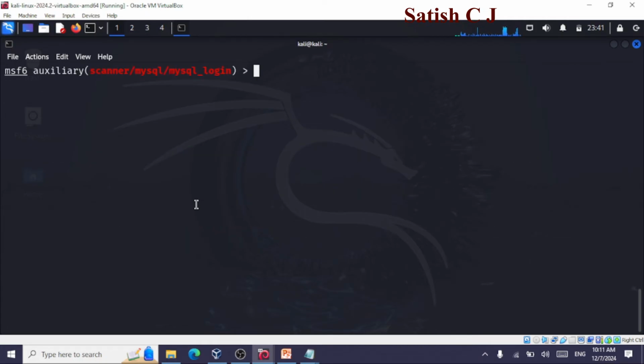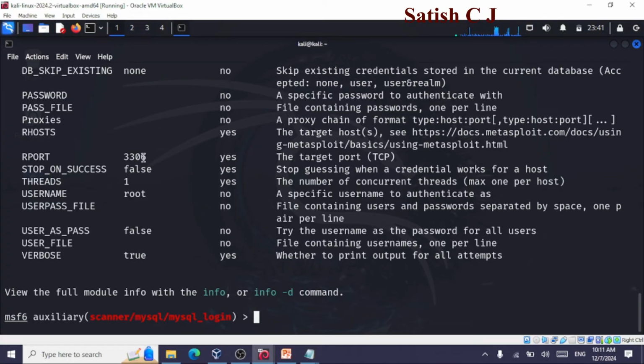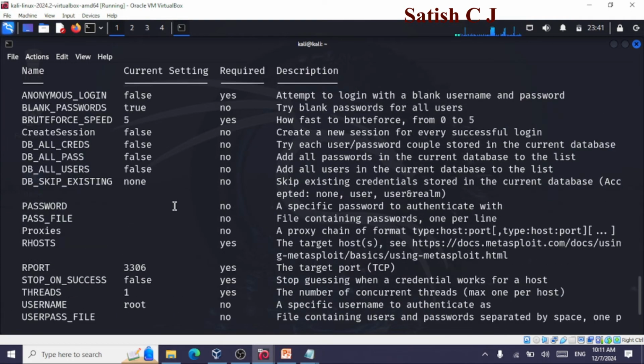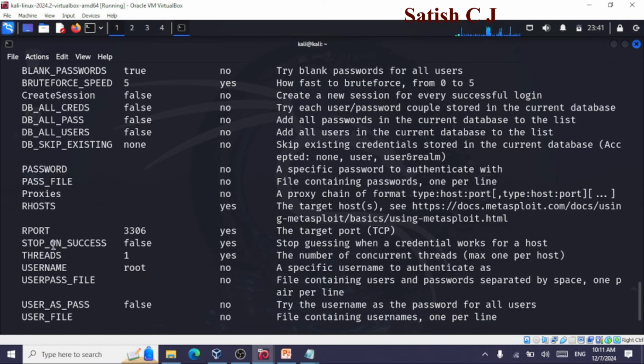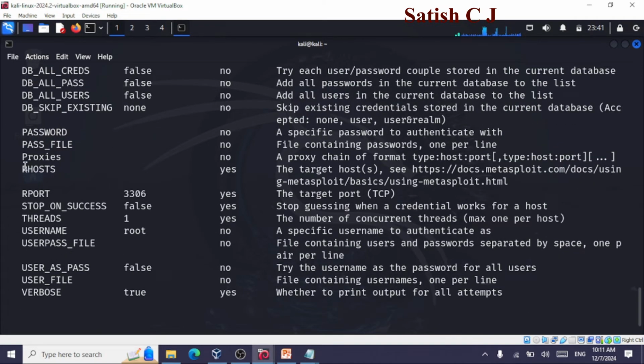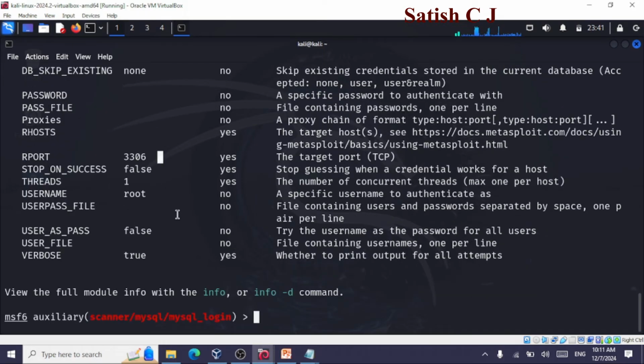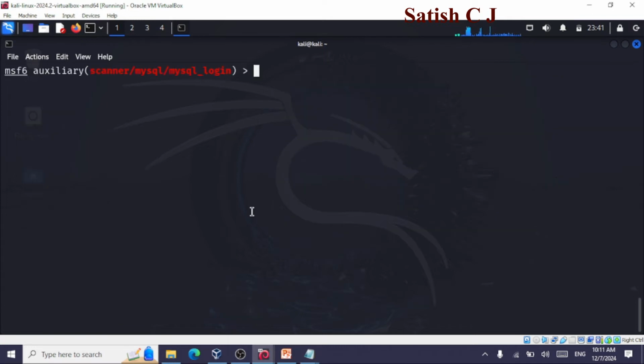We can clear the screen. We can go on with show options. What options can we set here? We can set a lot of options. For instance, we can set the username and password, and we can set the remote host. Remote port number is by default 3306. Let's try this. Let me set username, set password, set the remote host. It's always the IP address of the victim,